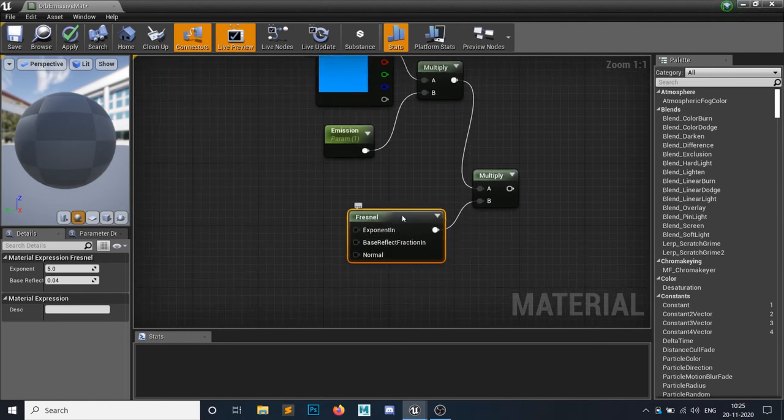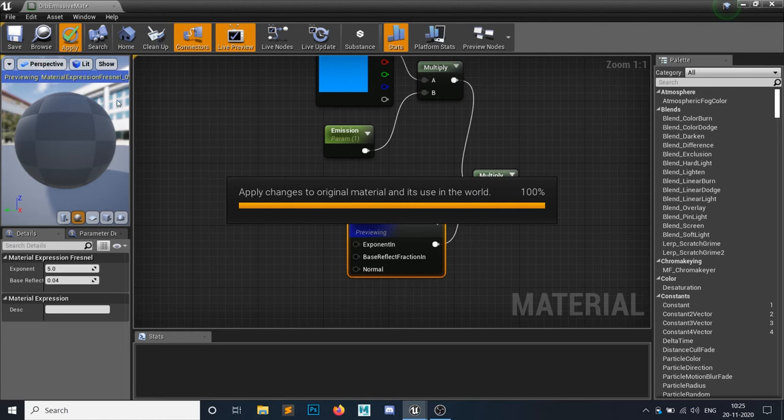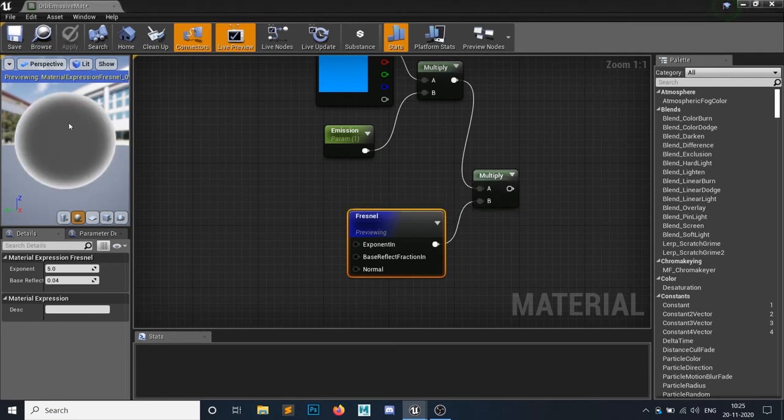So what does a Fresnel do? As you can see, let me just simply apply. As you can see, the Fresnel does this thing from the edges to the center of the screen. You get this effect by the Fresnel.